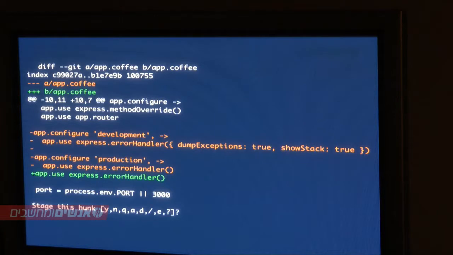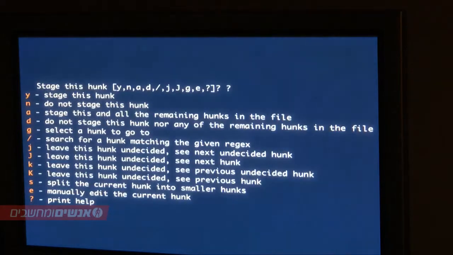Another thing, sometimes Git will try to be smart and group a bunch of hunks together. That's not so great. So you can do things like split it with S, or you can even edit it. As you're adding this file, you're like, oh man, I made a typo. You can quickly hit E and it'll pop you into a text editor, and you can edit that actual diff right there.